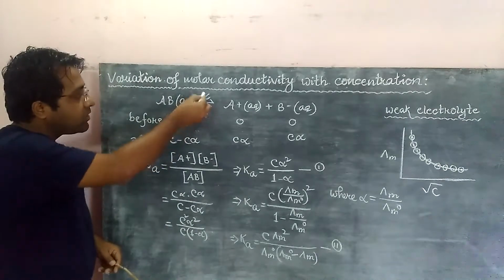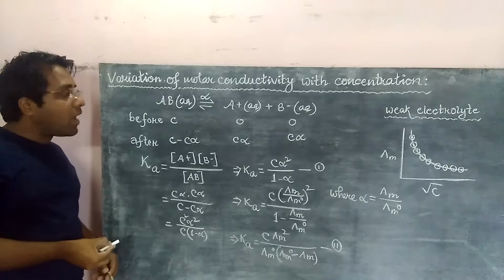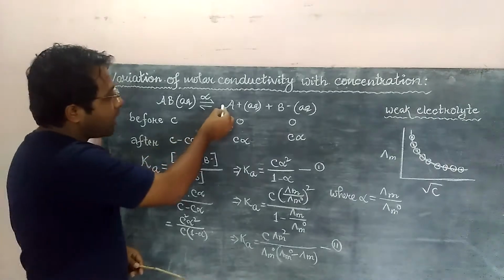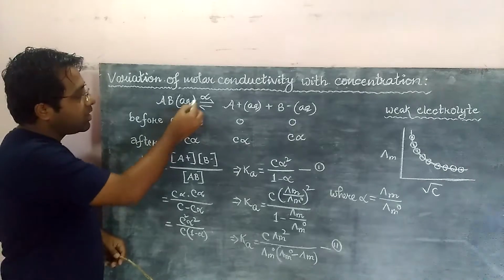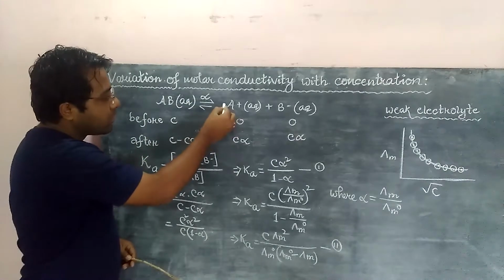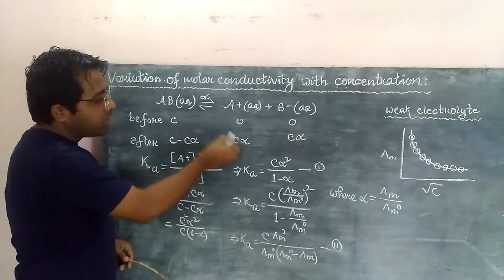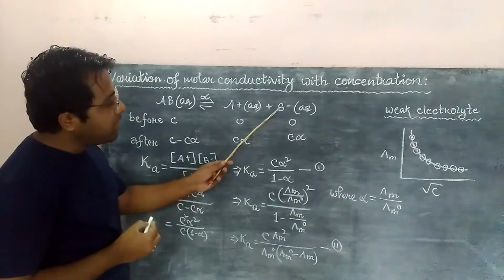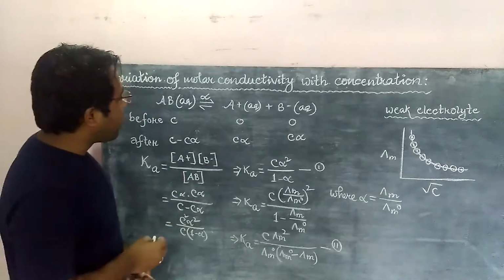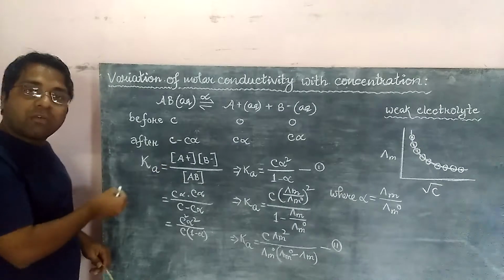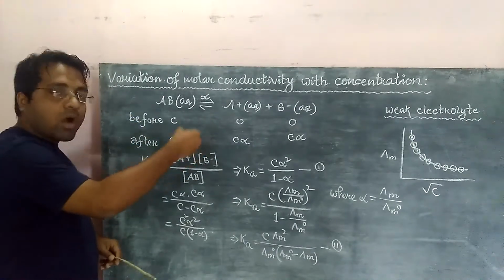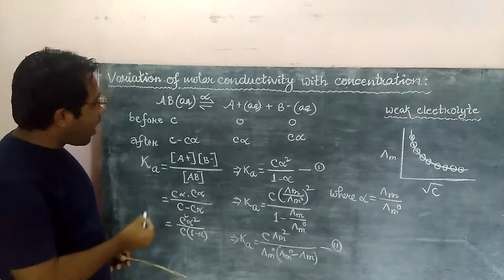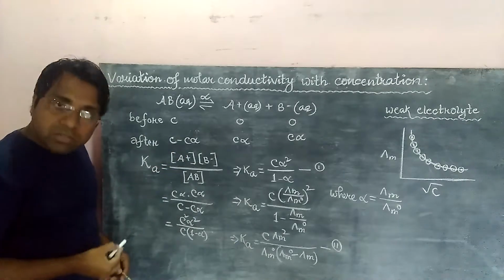So, based upon the concentration, how much ions will be dissociated, as 1 mole and 1 mole are present over here, so we can consider C into alpha. That is, the amount of A positive ion will be C alpha and B negative will also be C alpha. So, how much do we have left after dissociation? Initially C were present, C alpha already underwent dissociation. How much is left? C minus C alpha.